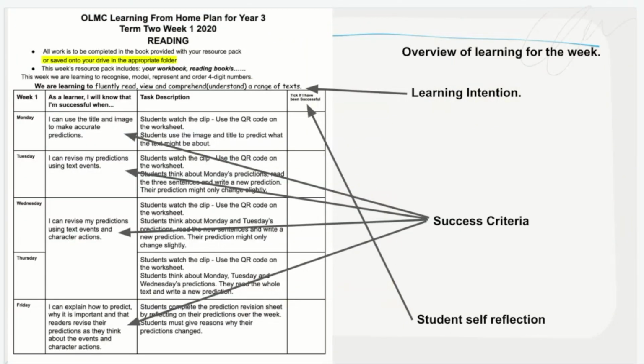So this is what parents will receive. It is for every KLA, so every key learning area, you will receive an overview of learning for the week. And on this sheet, it actually has the learning intention. So that is, remember, the broad overall goal that may go for 2, 3, or 4 weeks. You will also